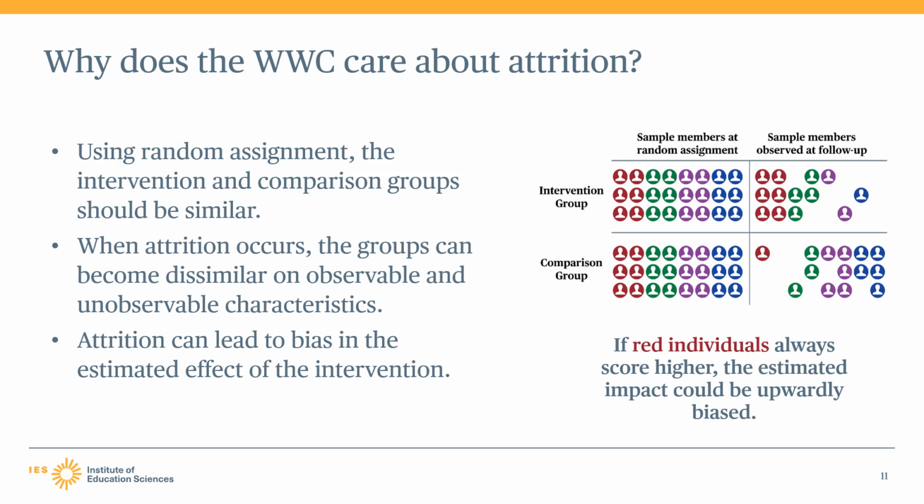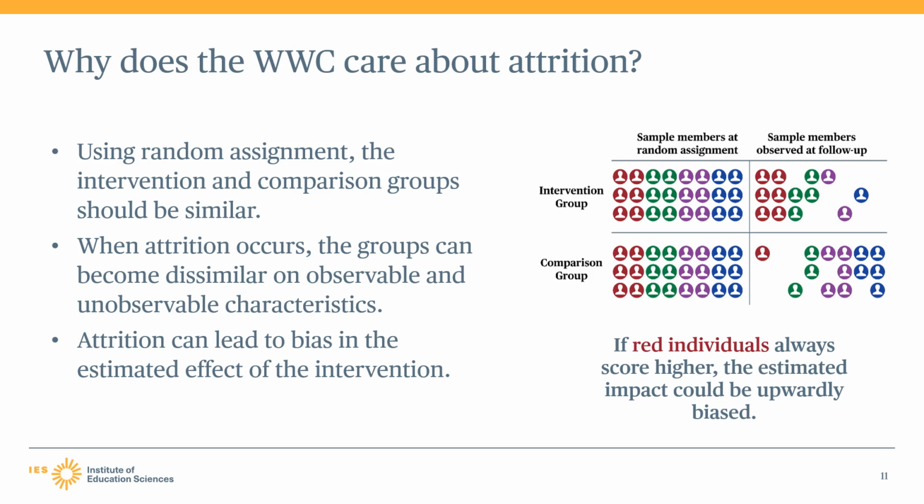Now, because there are more red individuals in the intervention group than in the comparison group on average, the intervention group has higher test scores at follow-up than the comparison group. As a result, the intervention may appear to have an impact when it did not, simply because of attrition. So, attrition can result in a systematic bias if something other than the intervention is causing the difference between the